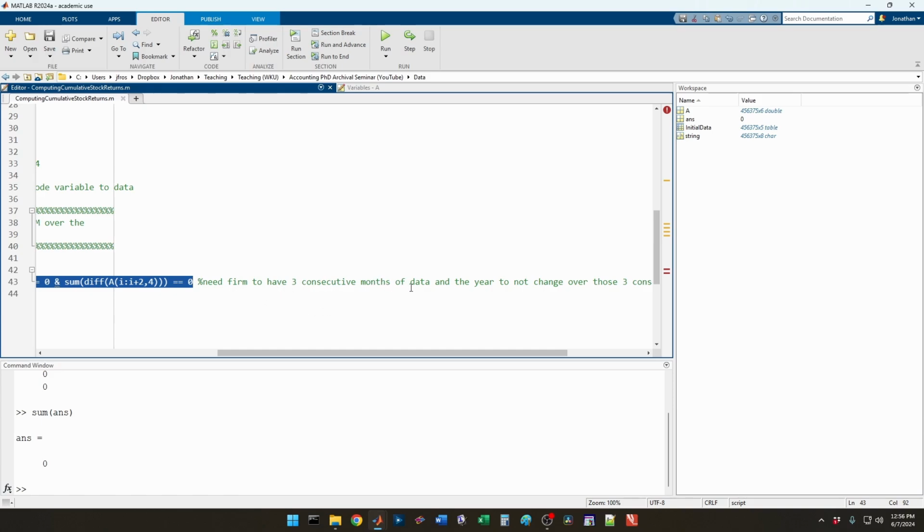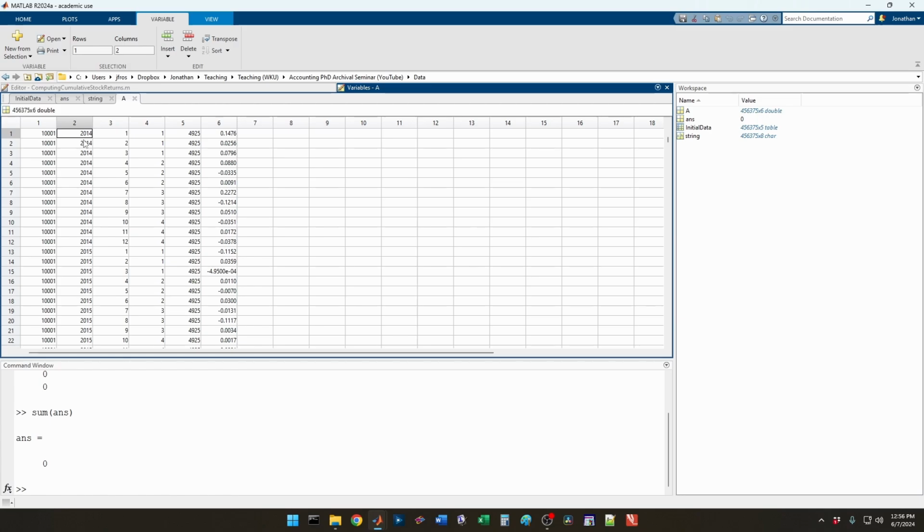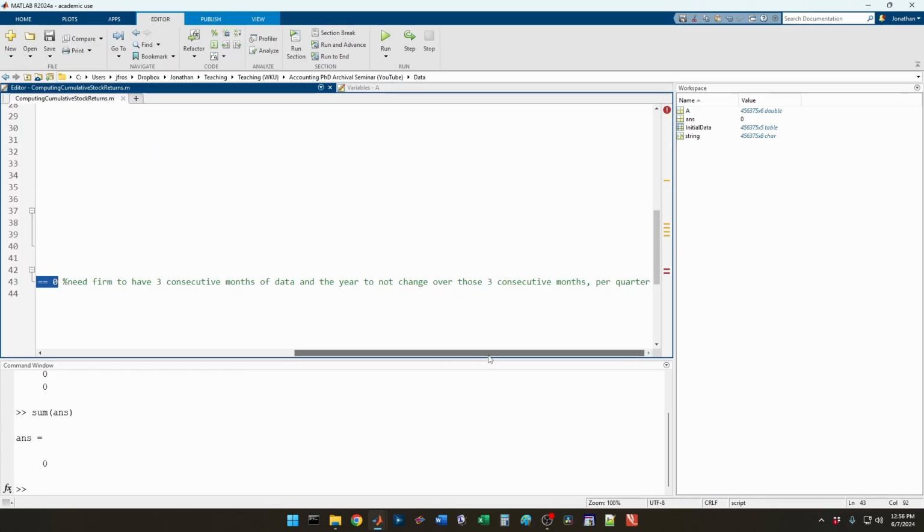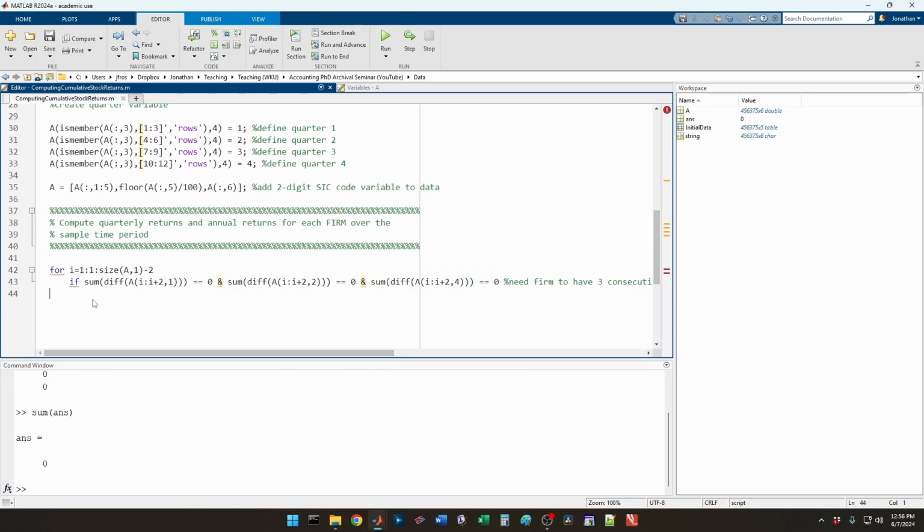We need the firm to have 3 consecutive months of data, but not only that, the year can't change over those 3 consecutive months, right? If this is 1, 2, 3, but this is 2014, 2015, 2015, well then that's not going to work, right? That's not quarter 1. You don't have all the data for quarter 1, 2014, even if the firm's the same. I'm sure there are instances down in the data where that happens. So the firm's got to be the same for the 3 months. The year's got to be the same for the 3 months. And the quarter variable has to be the same for the 3 months. Then we have 3 consecutive months of data, and the firm year does not change over those 3 consecutive months per quarter. And then if that's true, then